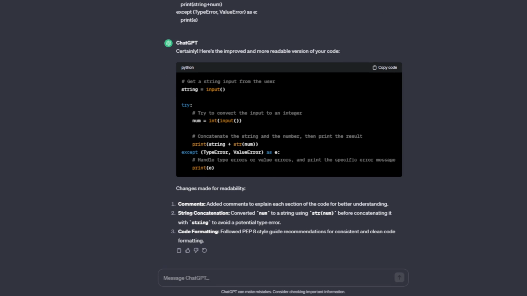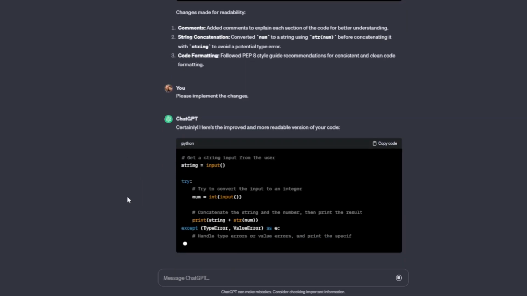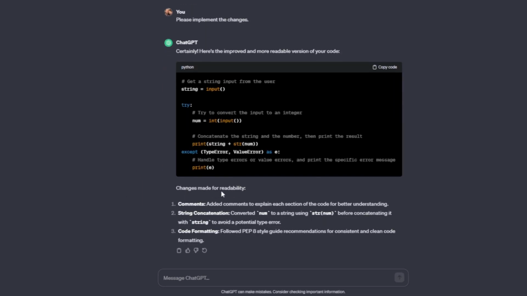The beauty of self-refining prompts is we can do this endlessly. If I go back into the chat window and say, please implement the changes, it will go ahead and spit that right back out at me. We can then take this and have it modified even further, any way we want, almost instantly with a large language model. Directional stimulus prompting guides the LLM towards a desired output through user-provided cues.